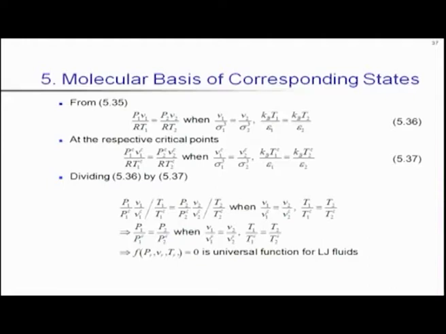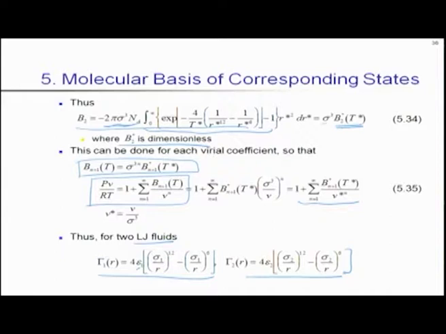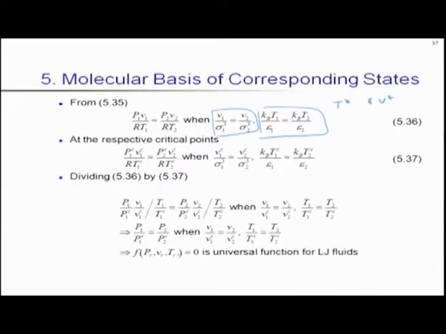So that means when T star and V star are the same for both the fluids, then the right hand side is going to be the same. In that case, the left hand side, which is PV by RT, must be the same. Now at the respective critical points,